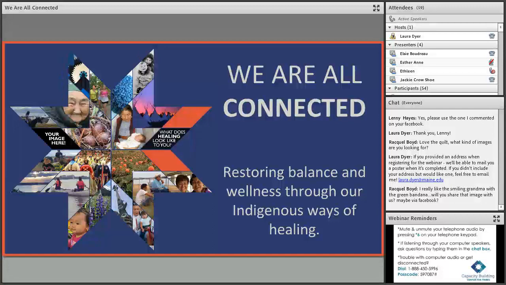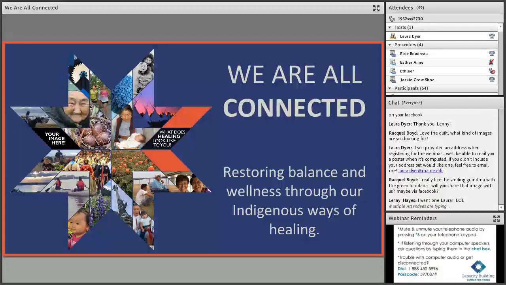Raquel talked about, I really like the smiling grandma with the green bandana. Oh, that's Elsie. I think that's Elsie's image. Elsie, is that your relative? Yes, she is from Marshall, Alaska. Yes, she's beautiful, we call her Mrs. Ben, and she's my relative.